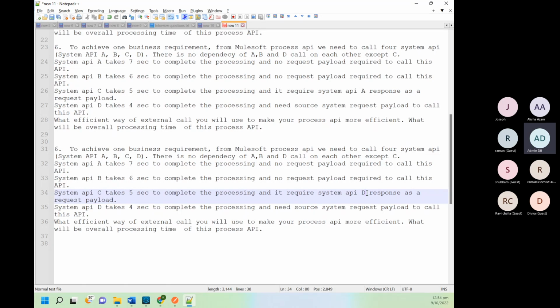Okay, fine then. Ravi, the same logic we can apply in the previous one also. We can put them in the same branch, but it will still take 12 seconds.